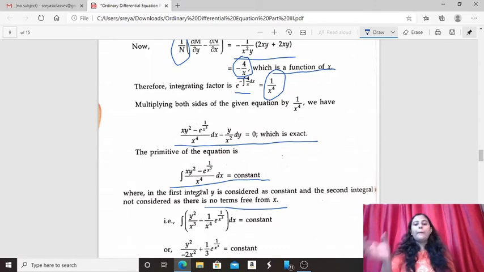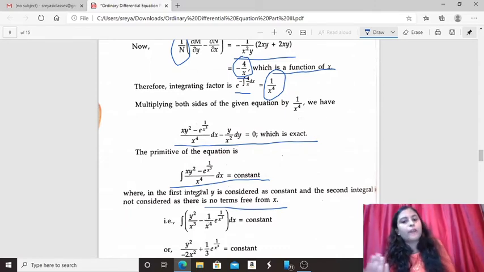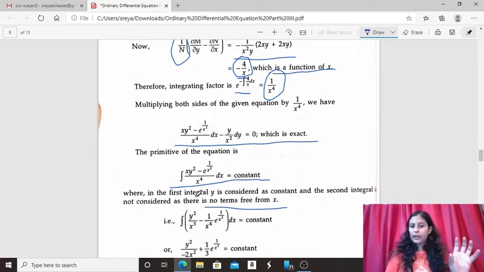For the second term, only consider those terms which are free from x. Or the second rule was: consider the first integral, there keep y constant, and in the second part keep x constant and integrate, and ultimately take the summation of the two, leaving out the common between the two integrals, right? This was the second method, and the first method was to find the integral, first integral keeping y constant, and in the second integral take only those terms which are free from x and then calculate it and then take the summation. So here we have been stating the first rule.